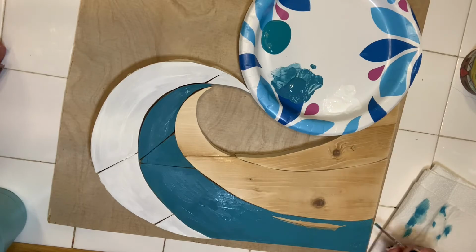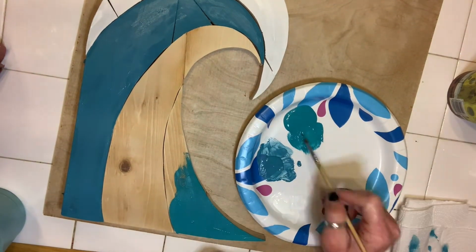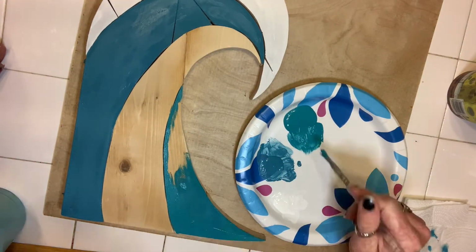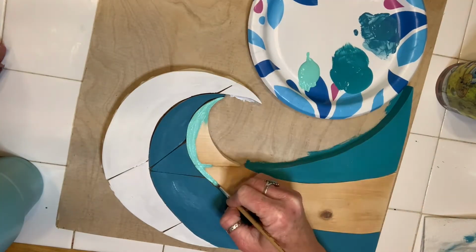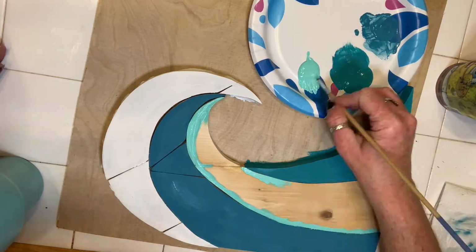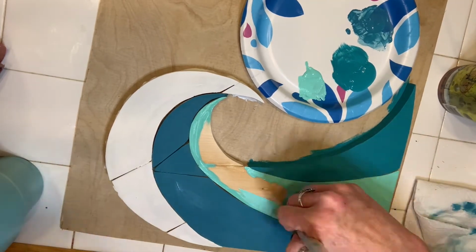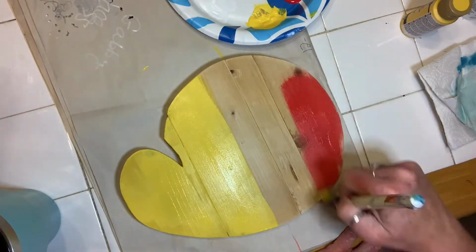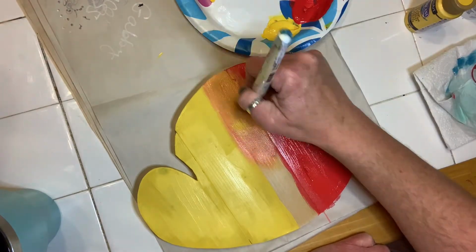So I just painted all of the wave shapes in different shades of blue and white to give a nice depth to the different waves. And this is part of why I think that I would have painted them separately, because of how hard it was to get right up next to the line where the pieces meet and not get over on the other paint. And then this is the sky piece, and I painted it with some red and yellow and then blended